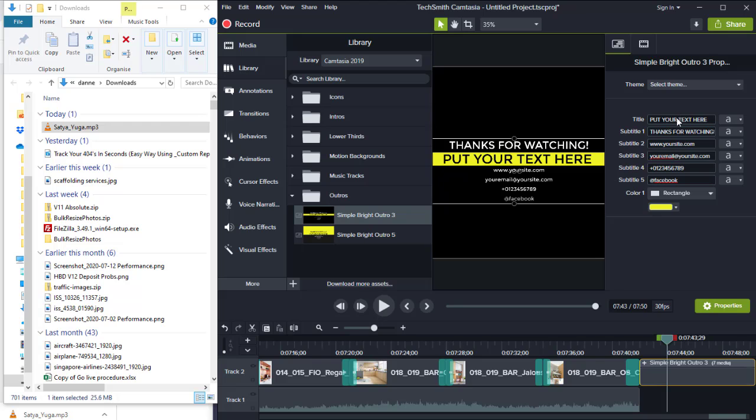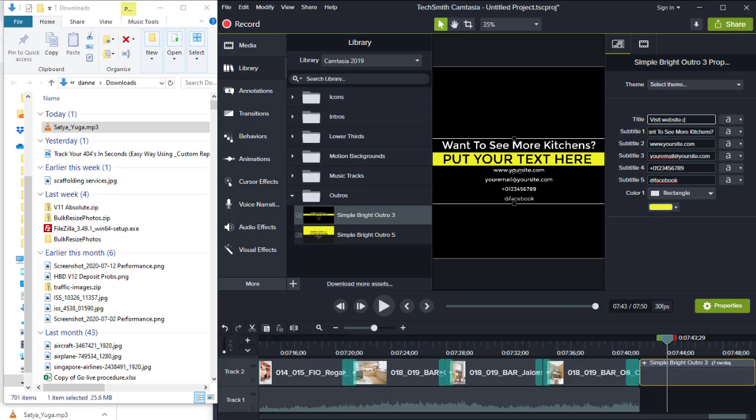So these fields are a little bit backwards. This is actually the one that's in the yellow box. So if we put in the top one where it says thanks for watching, if we replace that with the thing that's going to make people actually go ahead and do this, what we're asking them to do. So if we say want to see more kitchens, and then in this text right here we could say